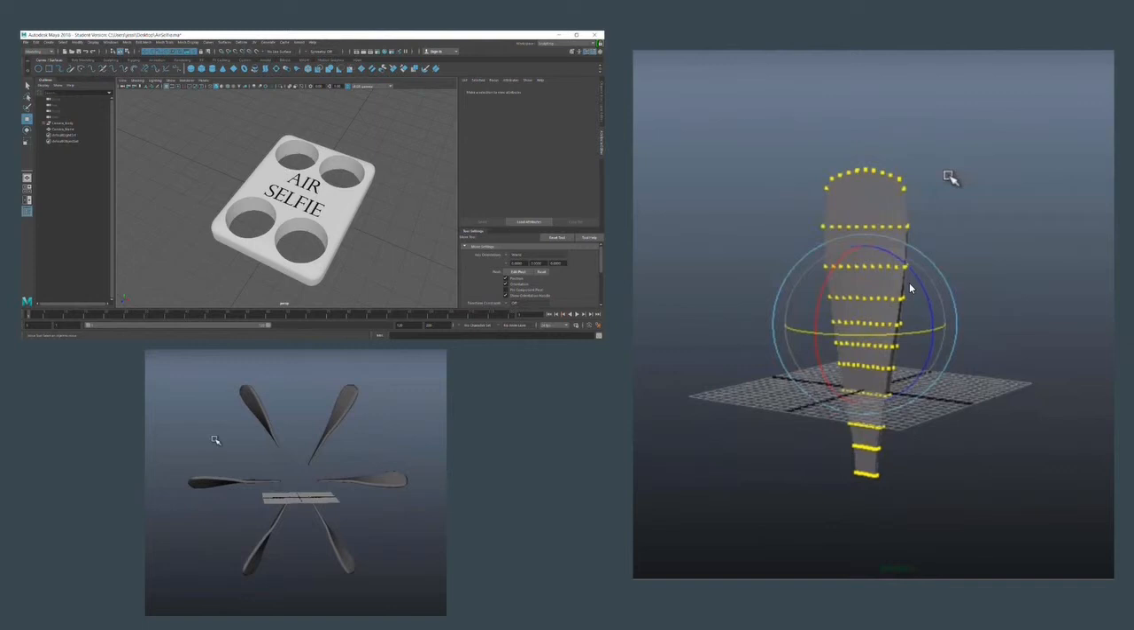So now we go on to design the blades for our propeller. This is a little bit more tricky and it takes a little bit more work. But once we get one blade done, we're able to use the duplicate special function to duplicate 5 more blades to make 6 blades in total for our propeller. So what we had to do first was